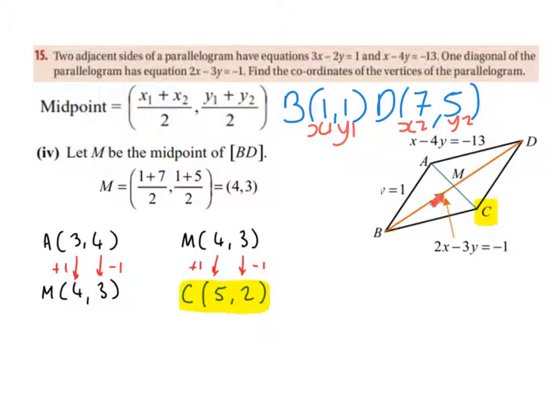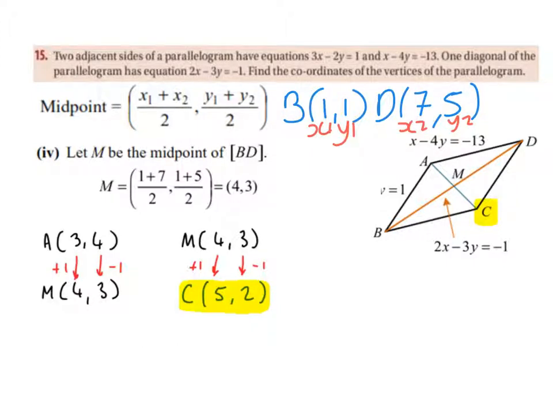So the midpoint of the line BD is 4, 3, but it also happens to be the midpoint of AC. So now we have a point on the line AC. Now it's very important that we know that this point M in the middle, so 4, 3, is the midpoint of AC,